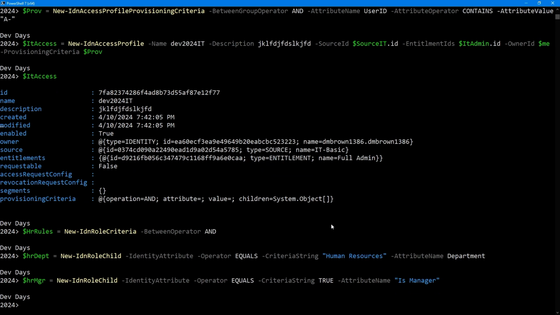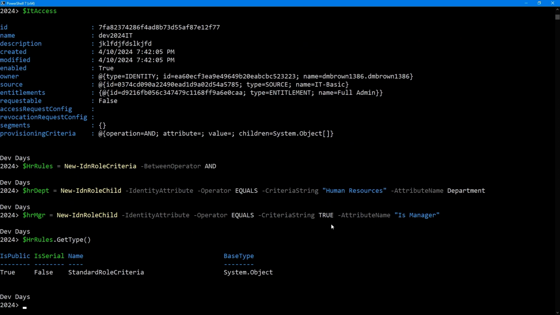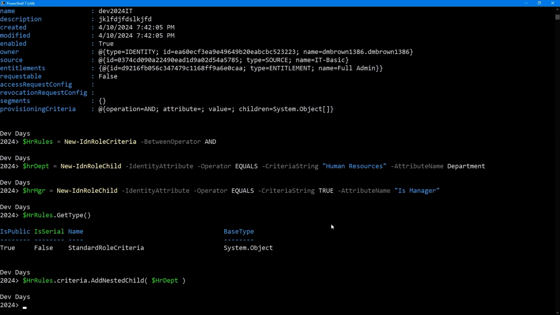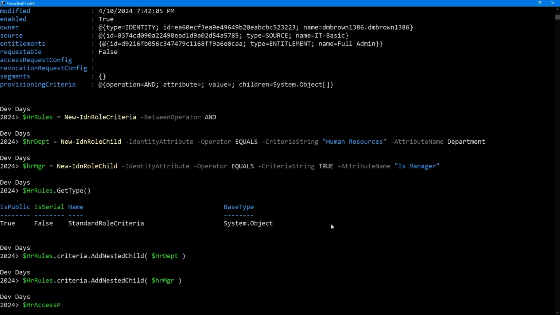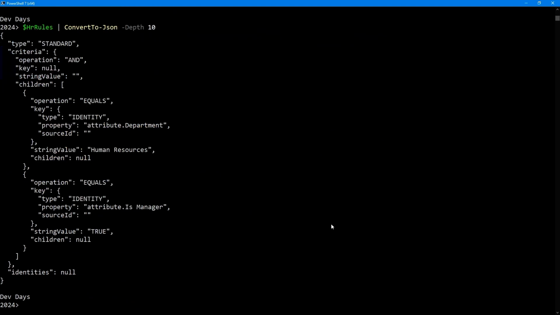So with that done, I'm going to put it all together. So HR rules uses this custom class that I built, and one of the options it has on criteria is adding a nested child item. So I'm just going to pass the variable for both of the variables that I created to that. And if I go ahead and convert that to JSON, you will see that it all puts together quite nicely, which means now when I go to create the role,